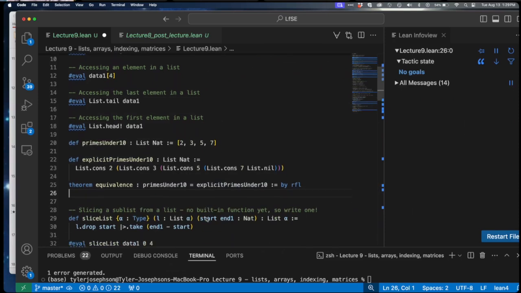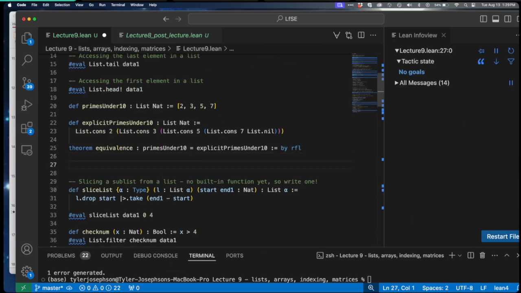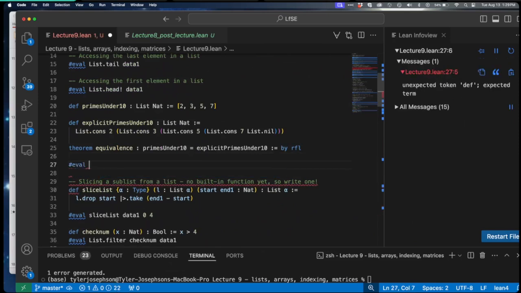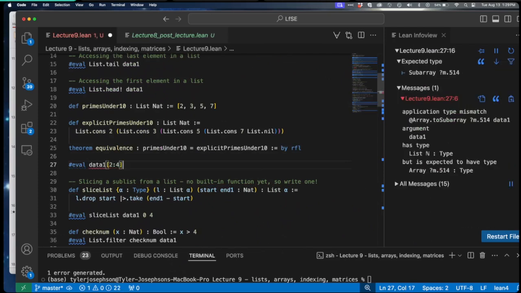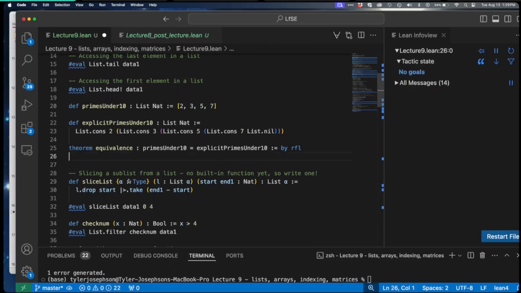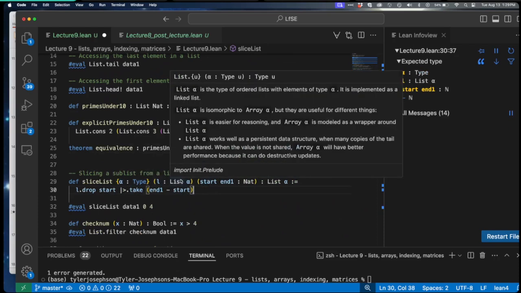Okay, so we also have a little bit of code for slicing a sublist from a list, because if I'm familiar with Python, I might like to do data 1, this type of syntax is one way to pull out elements 2 through 4 from the list and grab those, but this doesn't work. It doesn't understand that syntax, and we looked around, didn't quite see something like that, but we can write our own to do this. And so this is a function, I think Alan wrote this function,